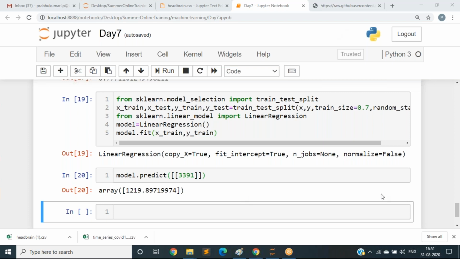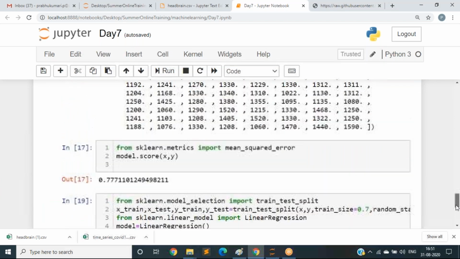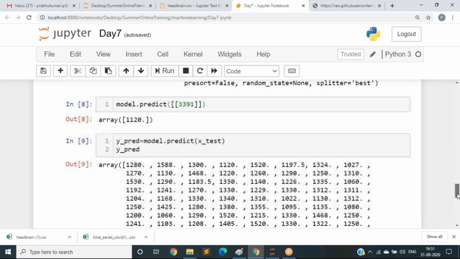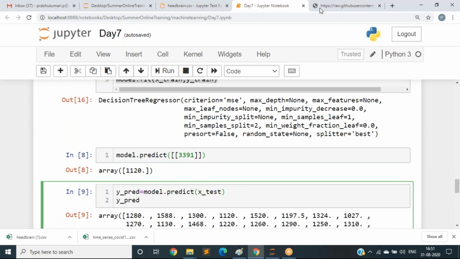Why do we calculate only test? Where you are asking here, X test? Shravani. In the decision tree, you are asking why I have taken X test. That is your question.